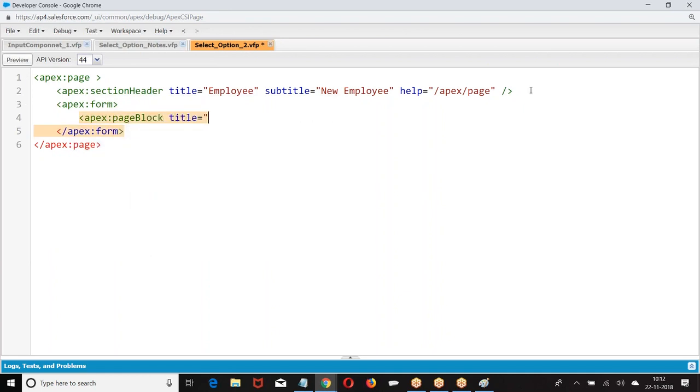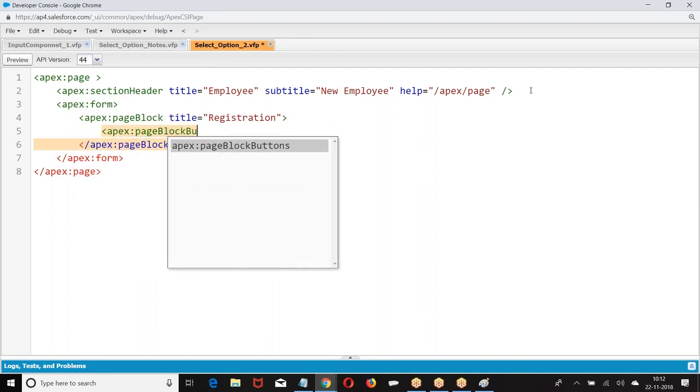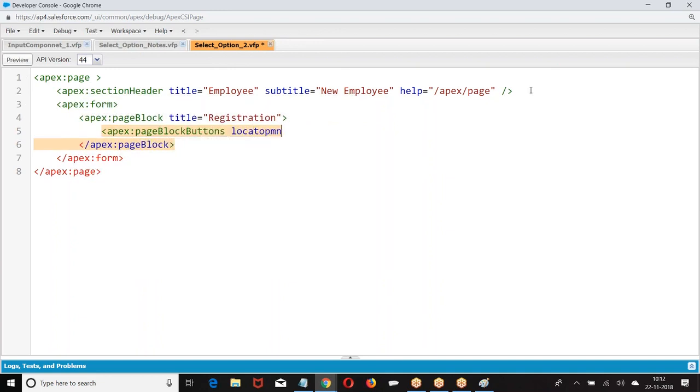Then I was supposed to go with page block buttons, location.